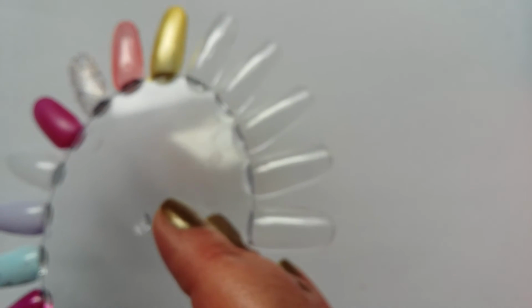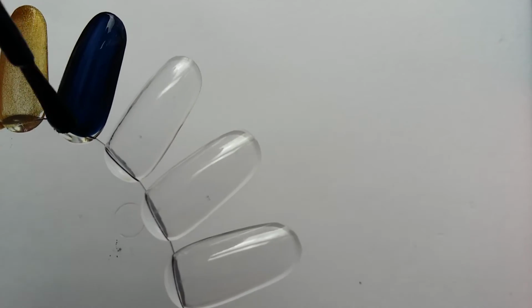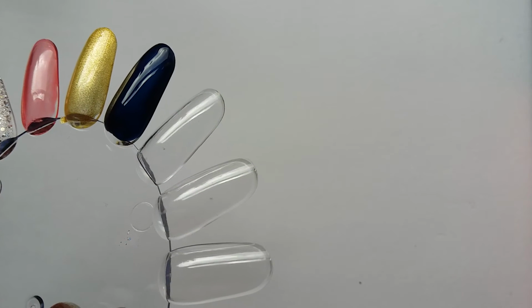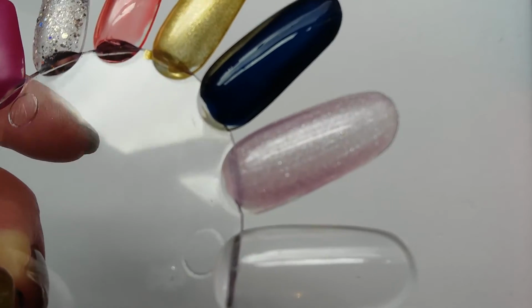I'll show you very quickly rather than talking about it. That's Midnight Cami, very opaque, dark navy blue. And this is Purple. I think you'll see the shimmer more on this one actually, yeah. This is Purple Diamond by Sinful Colours. And I think we've got just enough sun for you to be able to see. That's a very shimmery polish,